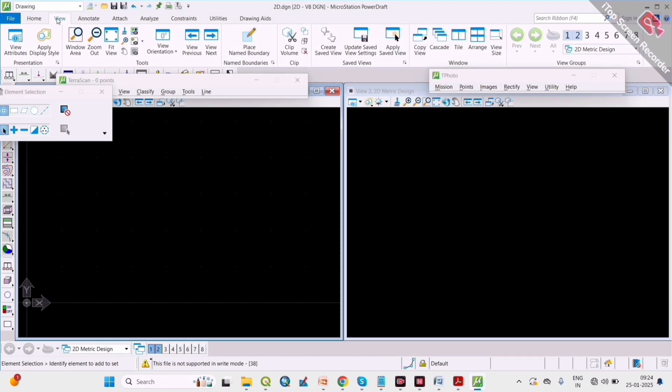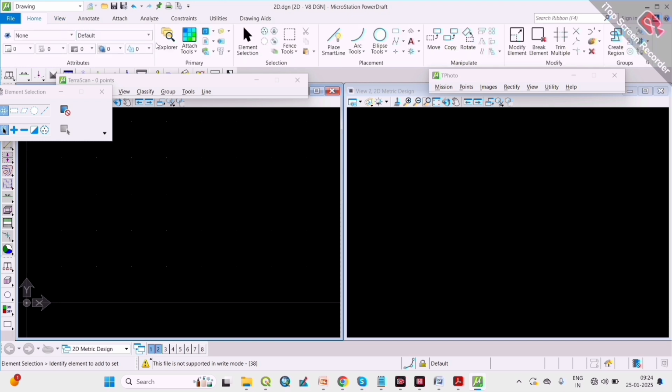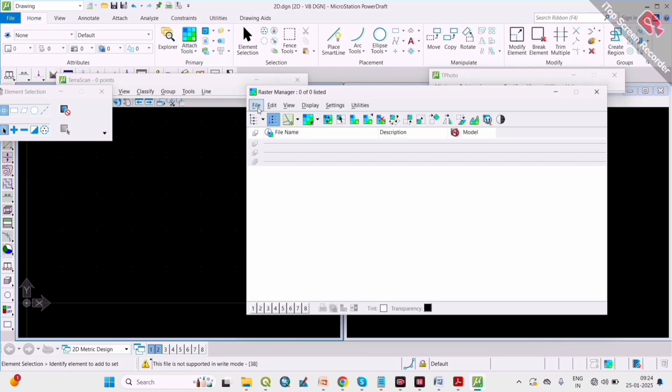Now the home options also gives us many of the new options. For example, if we go to home, here we can see the attach tool options. The attach tool options mainly gives you the option of attaching any of the raster images. For example, go to the raster references, we will go to the file option, we will go to attach raster,